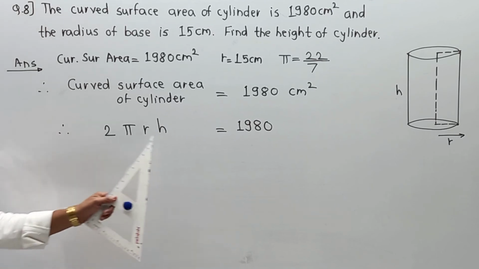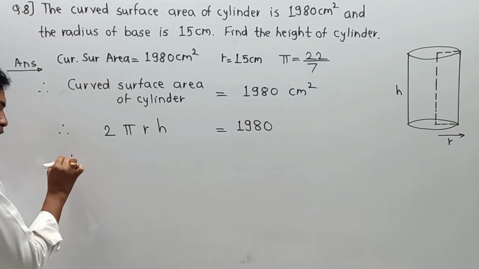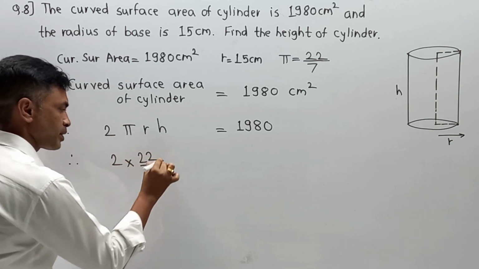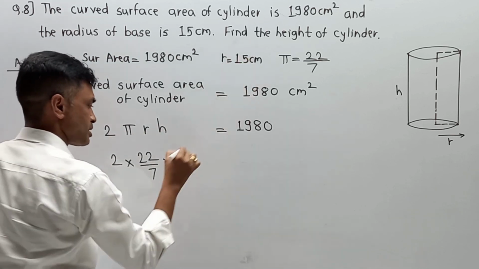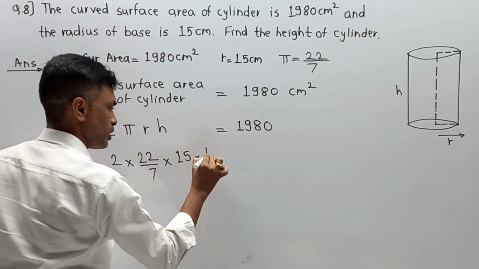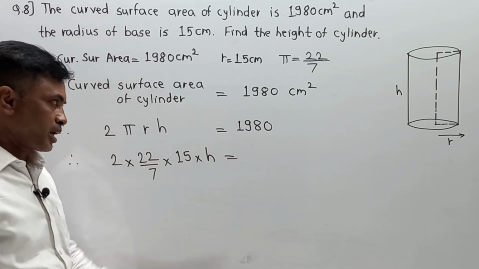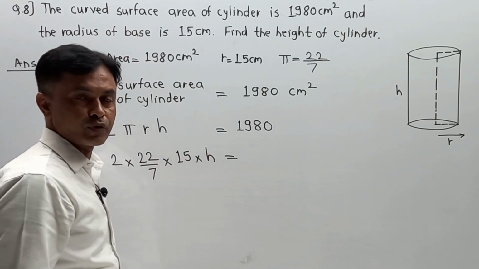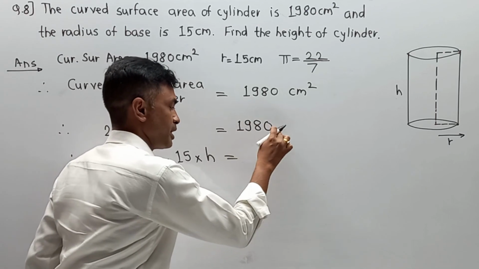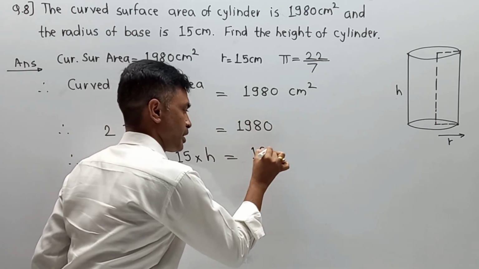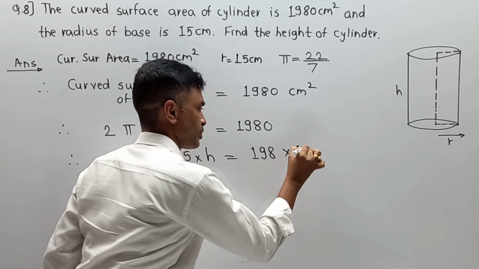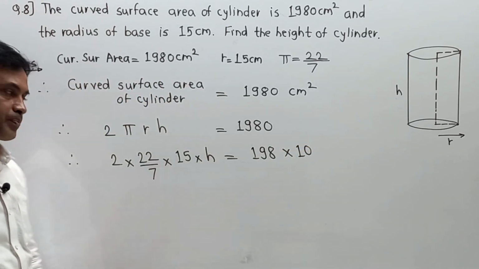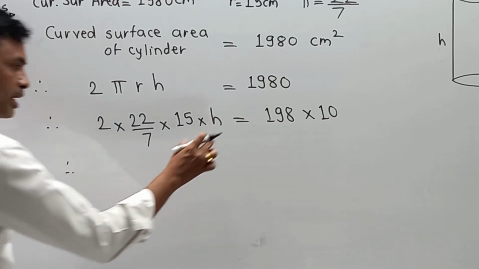Now putting in these values, and this is the main step over here. 2 as usual, pi means 22/7, radius r they have given us as 15, into h. 1980, I am going to write with some more simplification so that it is helpful for you in the calculation. 1980 means 198 into 10. Now why I did this simplification, you can understand in the next step. Therefore h is equal to,